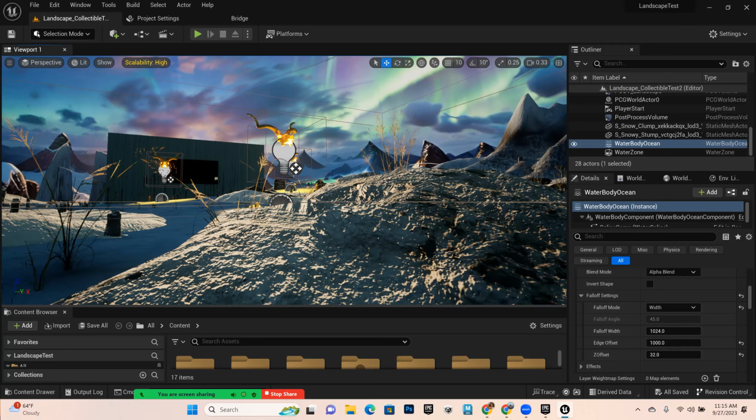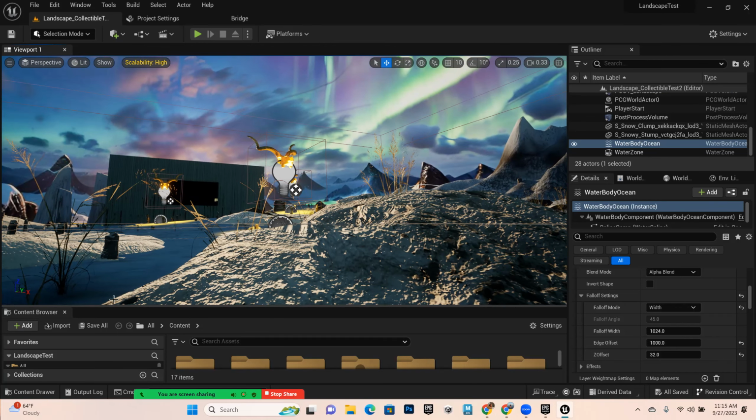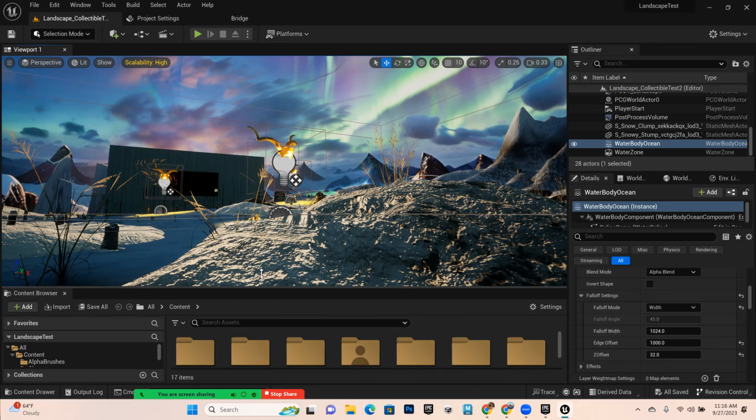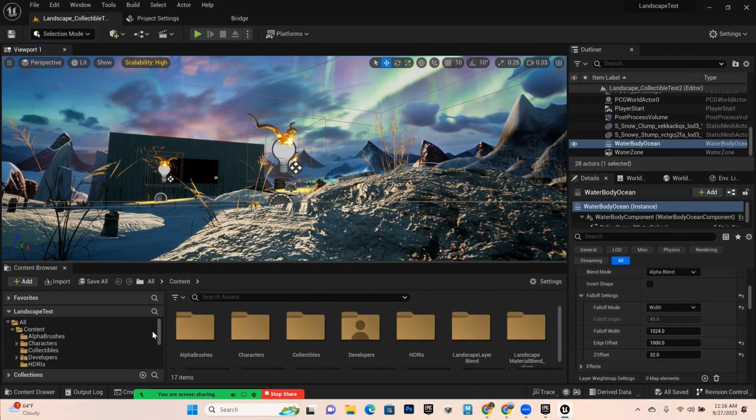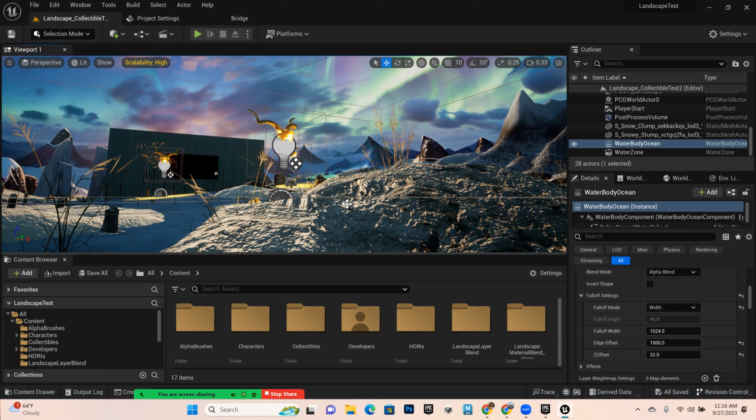So we need to have some Megascan objects for your pickups. They could be simple objects like just a sphere or a cylinder, but you might as well use a Megascan object that's going to match your other static meshes in your scene. And so what I did was I went over to Bridge and did a search on things like